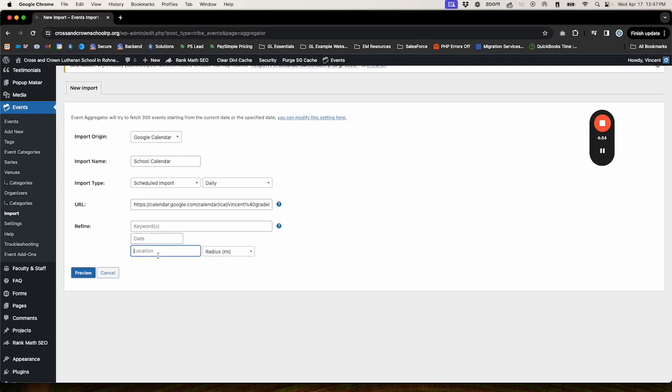the starting date, location, etc. You can also set a location radius if that's applicable. Most of the time we just leave the refining fields blank. Next we're going to click on preview,